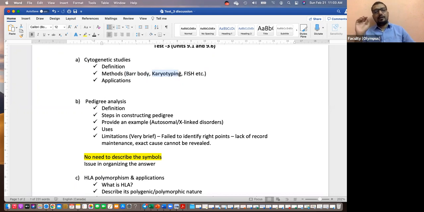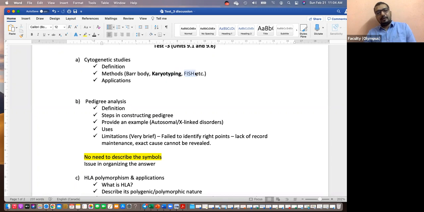I have seen some of you making mistakes here. The best use of karyotyping is numerical aberration. A change in the number of chromosomes is easily identifiable when you organize the chromosomes in a particular order. Mention numerical abnormality as one of the key things. Structural abnormalities can also be identified with advancement of methods like SKY. So you can say it is mostly useful for identifying numerical aberration, and can be useful in identifying structural aberration if the changed region is big enough, or with more sensitive methods like SKY.